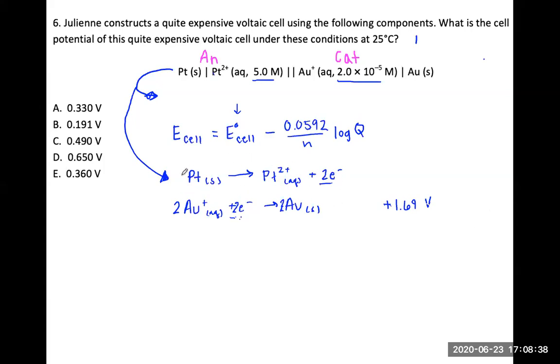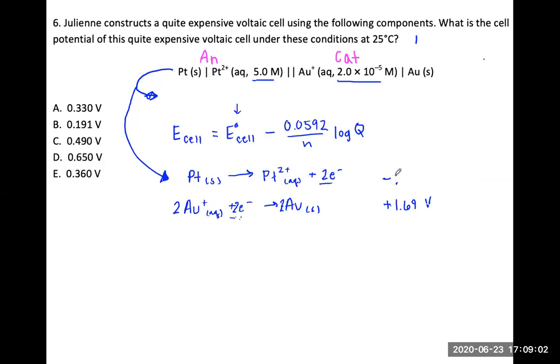And then what I can find on the data sheet is the reduction of the Pt2+ ions. And when I find that on the data sheet it's positive, but I'm looking at the reverse reaction, I'm looking at the oxidation of platinum solid here, so I'm going to flip the sign. It will be negative 1.20,